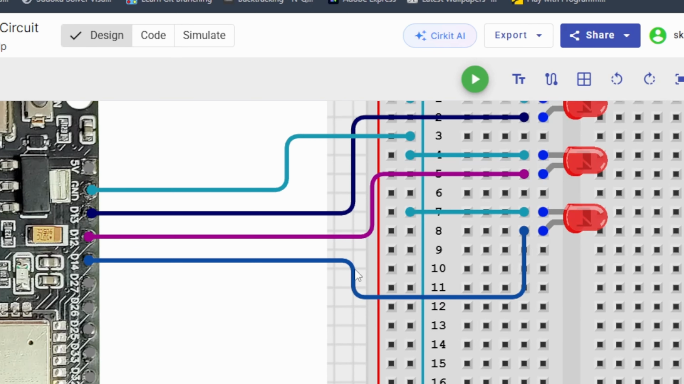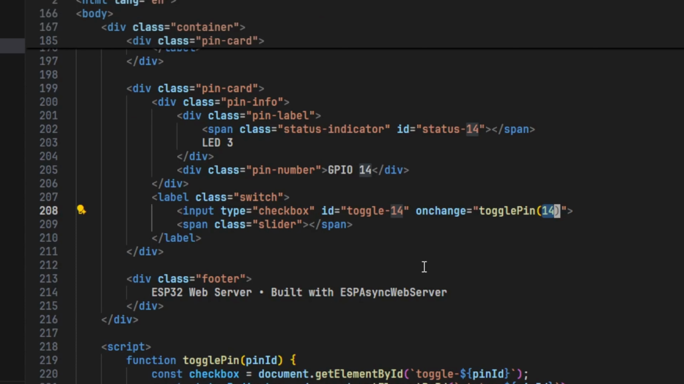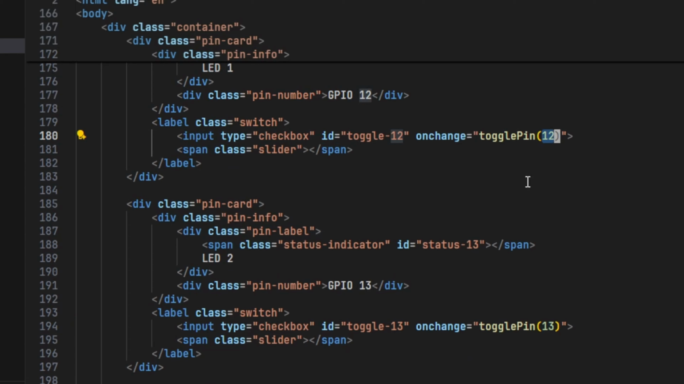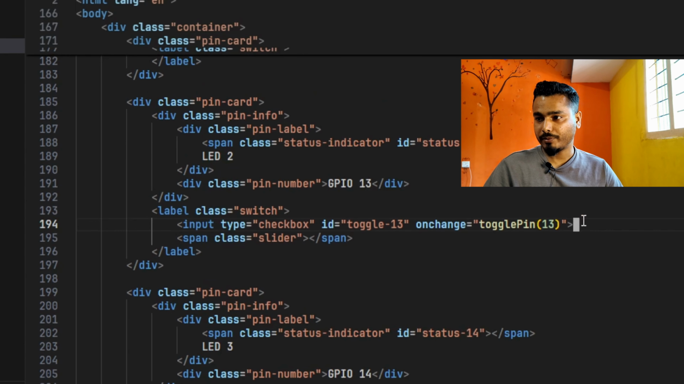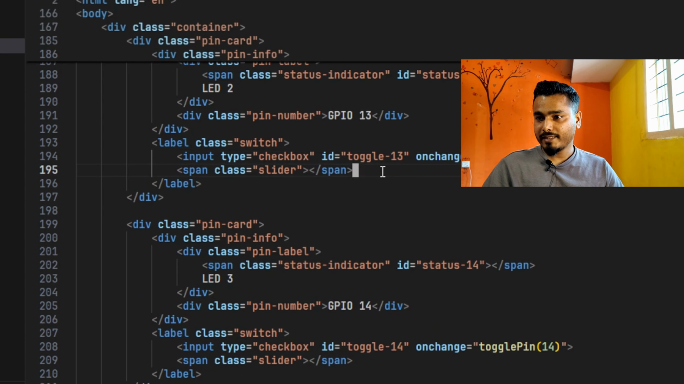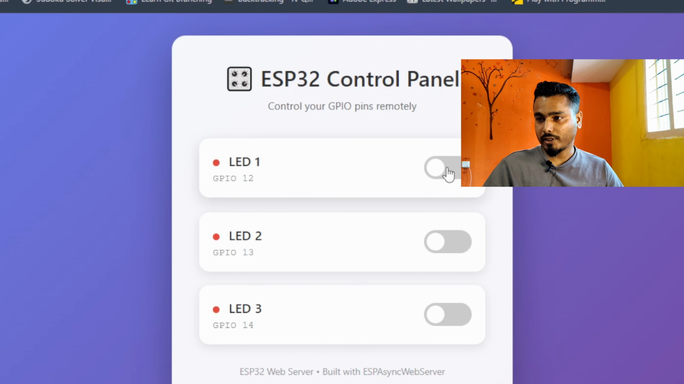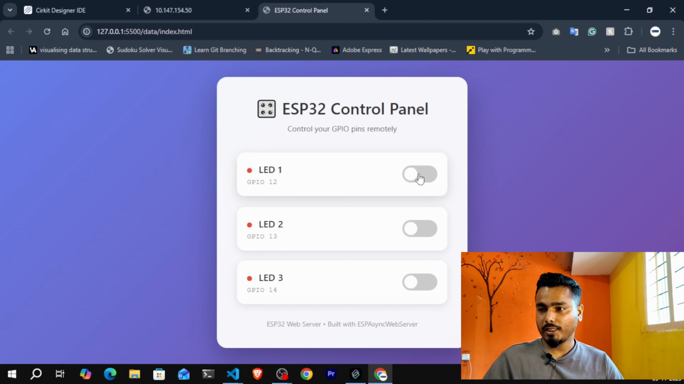One LED is connected on pin number 40, one on pin number 13, and one on pin number 12. From the front end, I'm sending the pin number and the state, whether it is checked or unchecked. Right now nothing is going to happen, because it will only turn on if